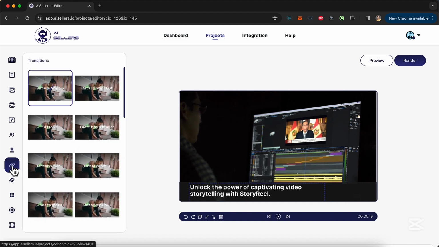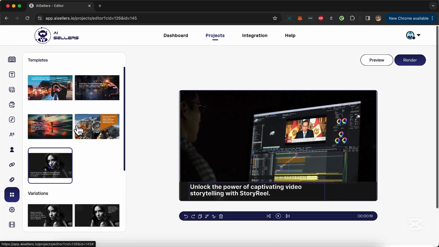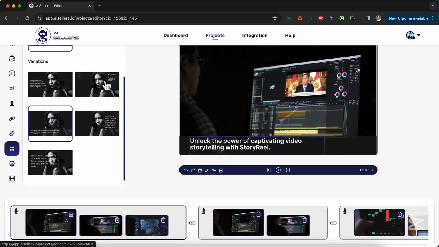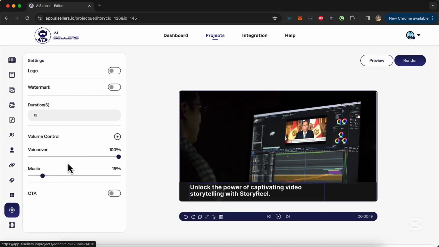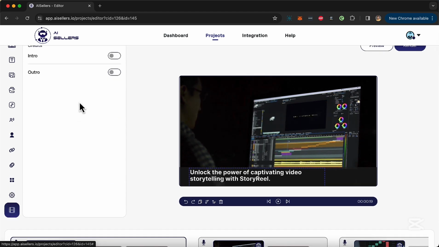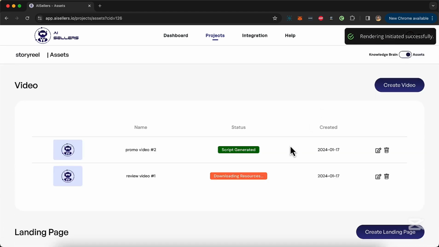I can move it around. I can change transitions, animations. I can change the templates of the video. I can change the style of this slide, and I can add logo, watermark, change the volume control. I can add intro and outro, and once I'm ready, I click on render and it will start rendering the